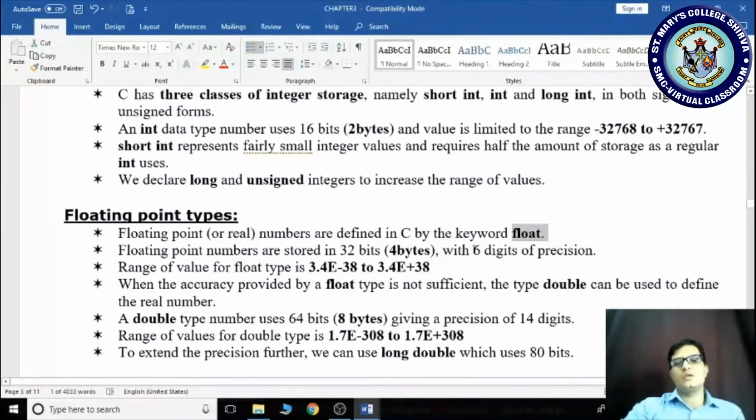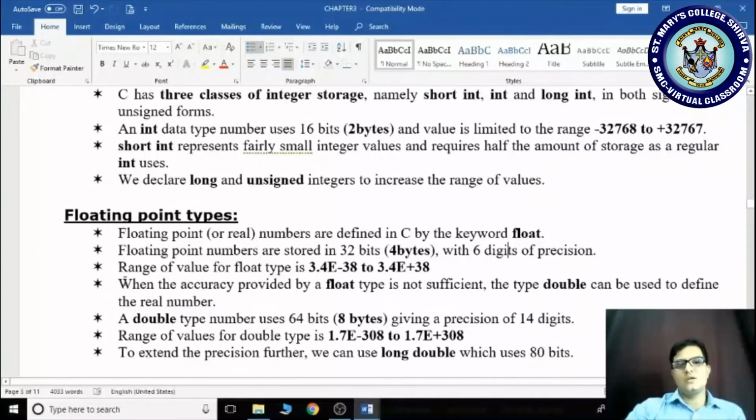Please observe here, if you are using float, according to your system, it will give either 6 values after the point. That 6 value means 6 digits precision. Some systems will give 8 precision. After the point, it will show 8 precisions.